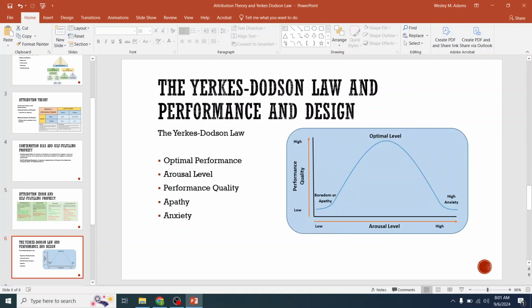The Yerkes-Dodson law and performance. Again, Yerkes-Dodson law, when it says arousal level, we're talking about motivation. So this is something I use in the course design. This is something we're going to use on some of the activities in class. I'm going to ask you, and it won't be just the activity we do for the subject. Once we get past this, I'll ask you for other activities.